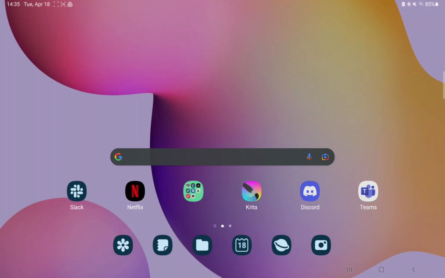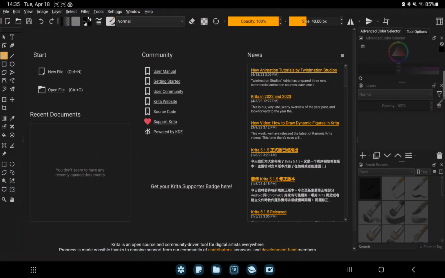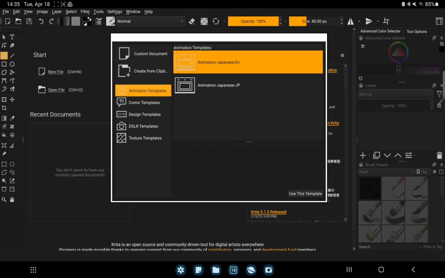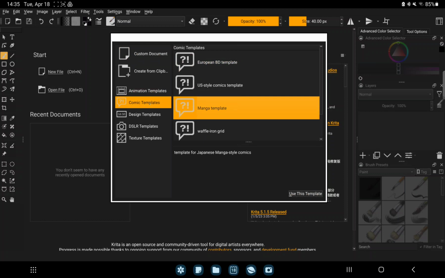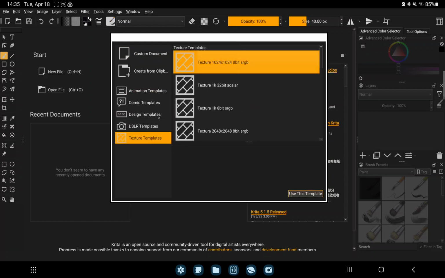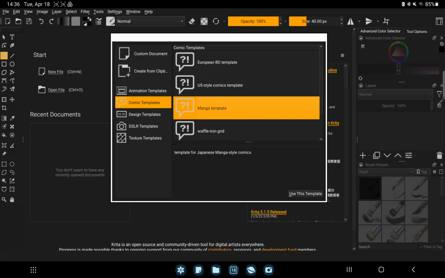First of all, open the application on your device. Tap the New File button on the left side of the screen, and here you can find different templates for animation, comic and manga, design, DSLR and texture. Just select one and click the use this template button,